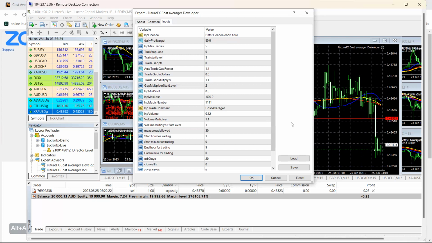But if you do want to, the only way to do it is to grab the software from here and drag it back onto that chart and add a new daily profit target, and it will start up again. You'll have to re-enter the settings, of course, and all of that. And also be aware